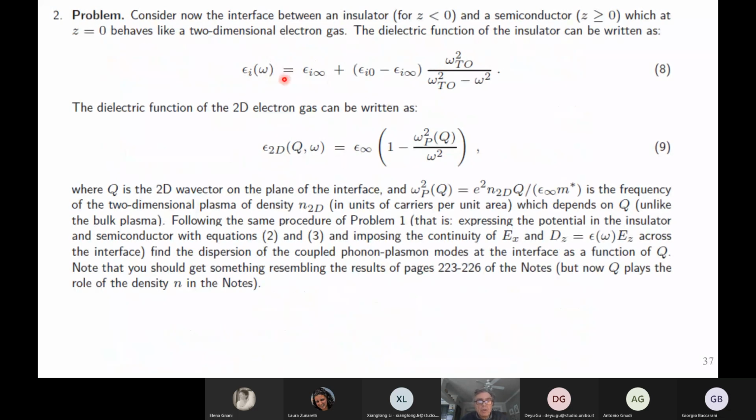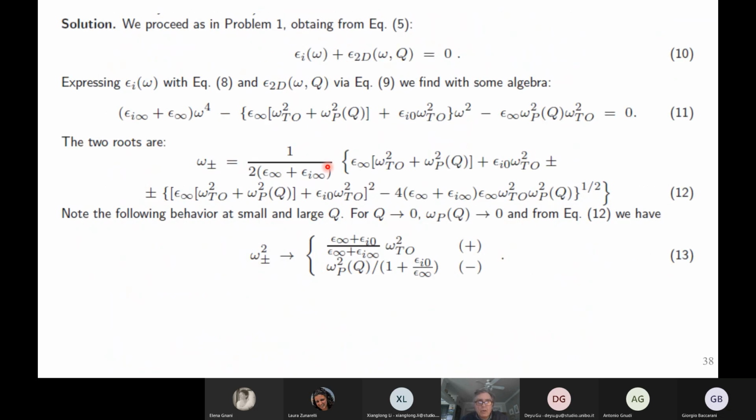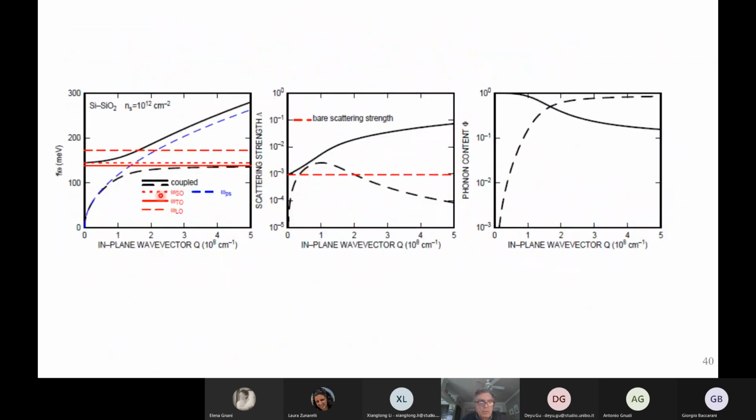So setting the sum of these two to 0 gives us something very similar, analogous to what we saw in bulk gallium arsenide, with two dispersions that now vary, because the plasma frequency varies with Q. And you see that you have these two modes, the phonons and the plasmons, that interact very strongly in some